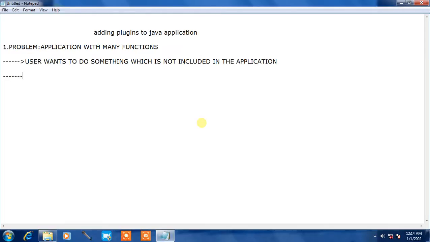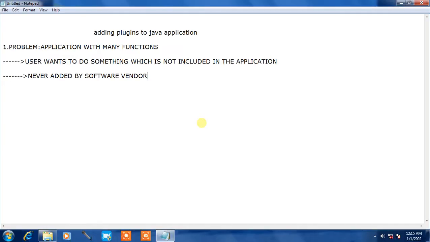The user wants to access a function which has never been added by any software vendor. This is the problem. A user wants to access that function but he cannot get it.